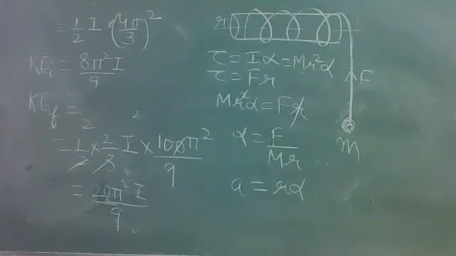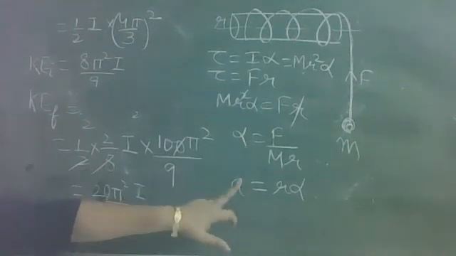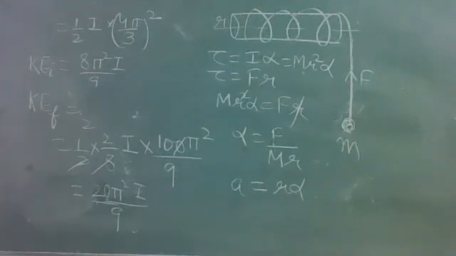Alpha is 25 and unit of alpha you know, radian per second square. So angular acceleration comes out to be 25 radian per second square, and using a is equal to r alpha, acceleration a comes out to be 10 meter per second square. So acceleration comes out to be 10 meter per second square. I hope that's fine. This logic is clear to you.